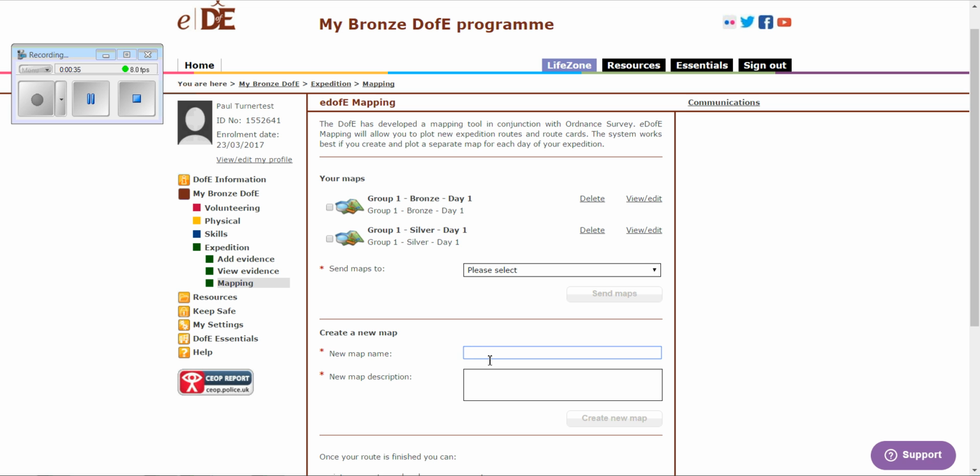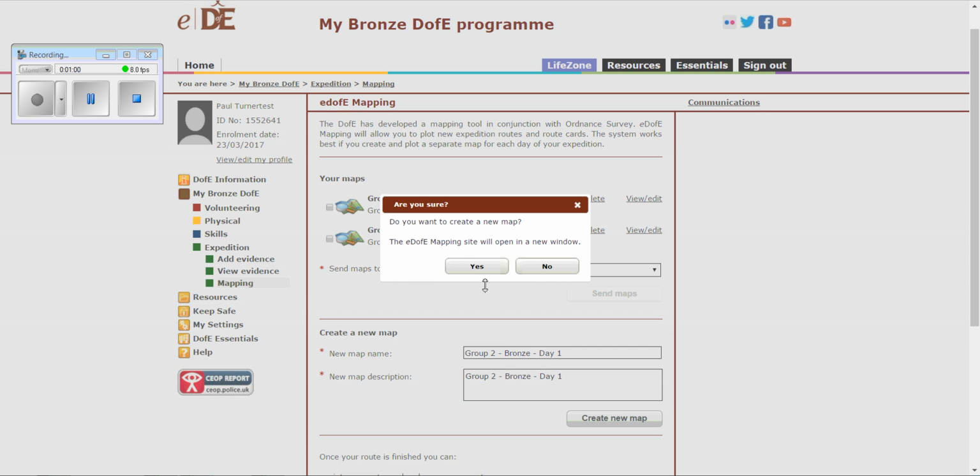So how I want you to structure it is with the group number. So let's say group 2, and then if you're bronze or silver, so say bronze, and then which day it is. And that's the same format everyone needs to use. So let's say group 2 bronze day 1, and then we can just copy and paste that into the description. So we want to create a new map,